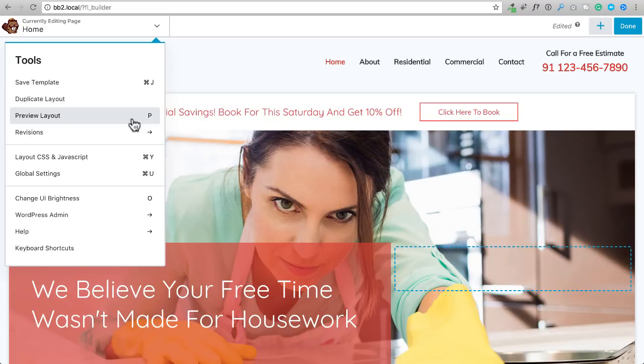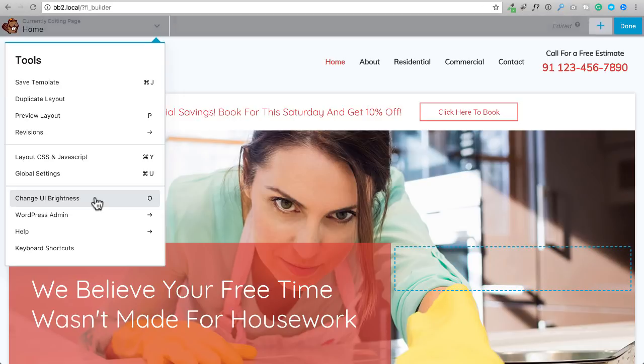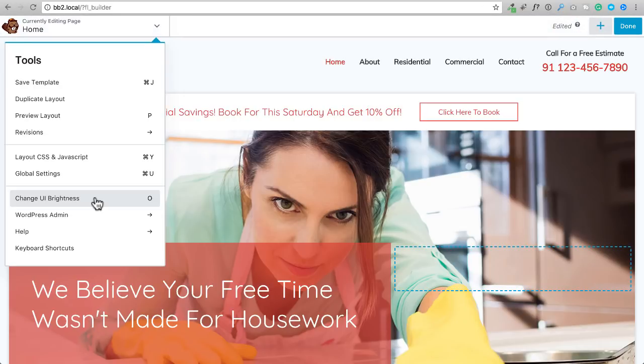So over time, I'm sure you'll come here and see these options right here and get very comfortable with it. One of the things I really like is there's a user interface color option. So I can click right here where it says change UI brightness, and now I'm in dark mode. I really like dark mode on most of the things that I use that has that option. So let me just talk about some of these options right here, and then I'm going to show you how you actually start adding and manipulating content in Beaver Builder, and then I'll get into the strengths and the weaknesses